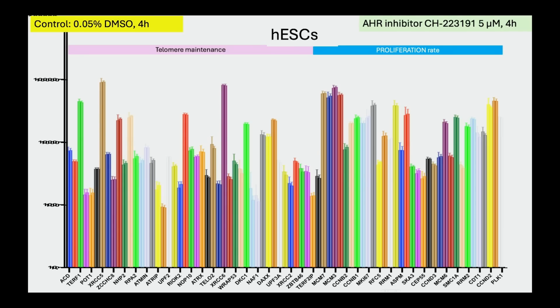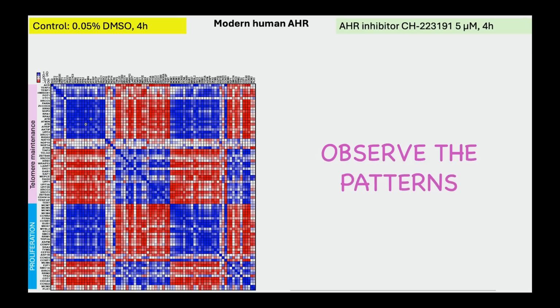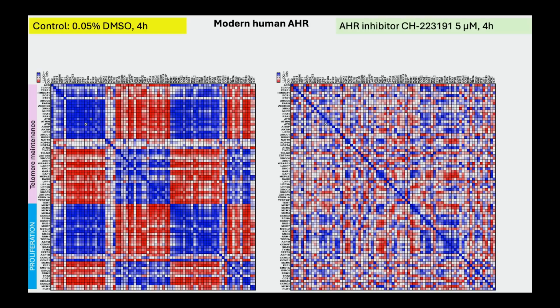This is all the gene expression data, just to tell you nothing changed in terms of levels of gene expression. So here we have the modern day, just no challenge, just the control. Here's the correlation pattern. And here we have it where they've re-ancestralized, they've replaced the modern gene with the ancient gene. So they've really changed. And this is the inhibitor of the aryl hydrocarbon receptor. So that's the pattern you see.